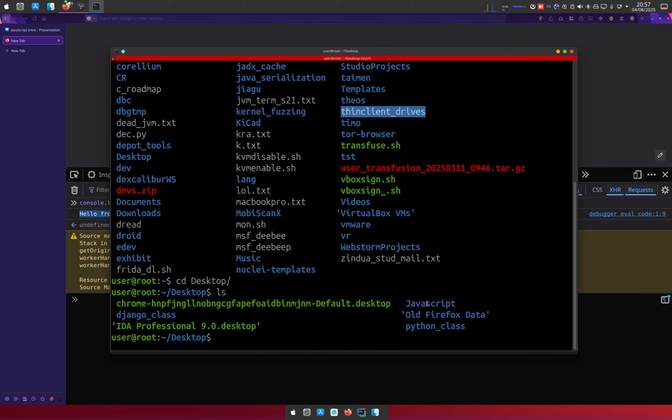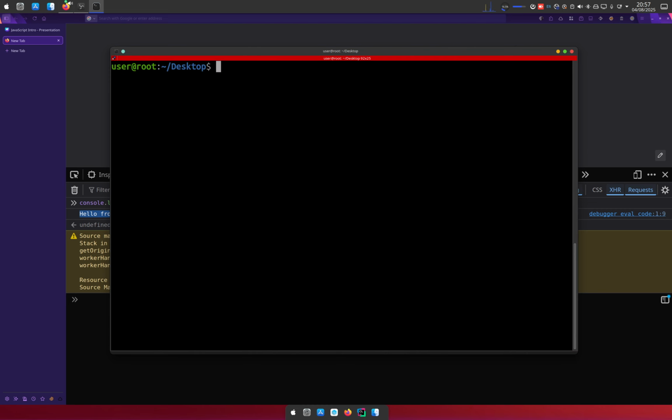I'm basically going to create a folder called JavaScript class. And this is the folder that we'll be using to store all our code and so on and so forth. So I'm going to use the mkdir command, mkdir, and then JavaScript class. So at this point, if I've lost you, you don't have to worry about all this. Maybe you covered it in the previous intro class, but I mean, it's just nice to know or nice to have. So right now I'm inside JavaScript class, and this is where we'll be writing all our code.